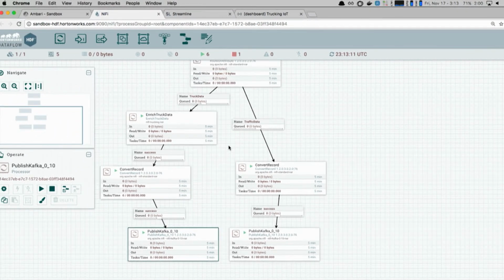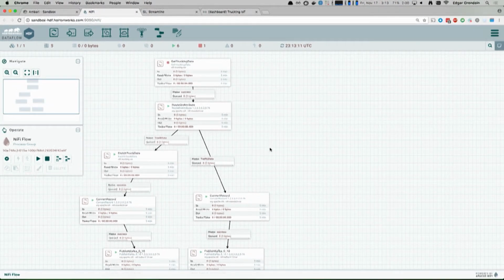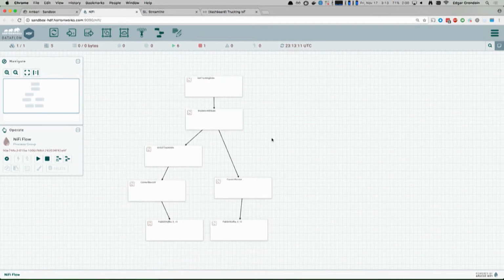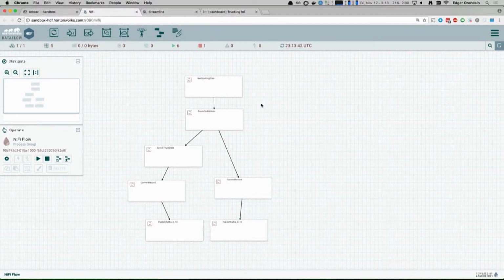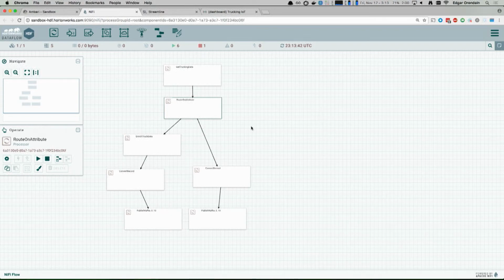It doesn't seem like we're doing much, but what we're doing here is we're routing data, right? We're defining our data flow, and without having to use a design and deploy application like Spark or Storm, where we have to write code, compile it, then deploy it somewhere. Rather, you drag in a processor, you drag an arrow to another box, and NiFi takes care of where things need to go.